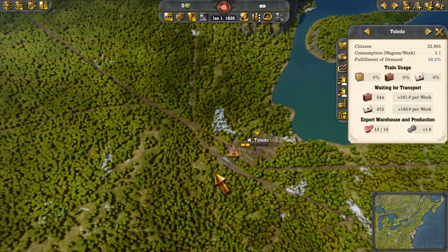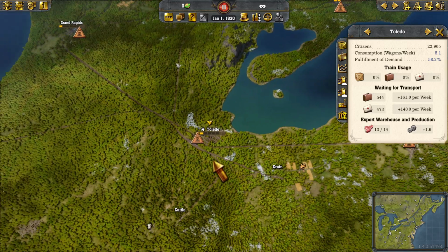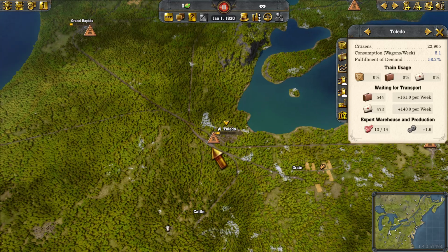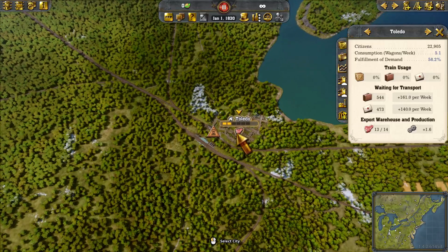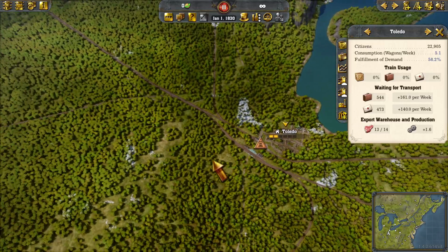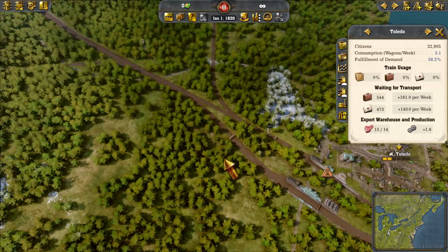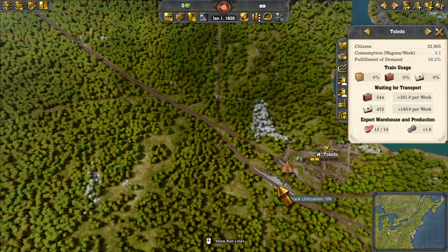So what I would suggest on these lines is to think about it this way: I've got a couple of products going out, one manufactured good, and one product coming back. So the long pole in the tent is the 3 from here. If I had a supply of 3, I would want a frequency of 18. Again, if that's foreign language to you, go watch the videos on how many trains you run and how you optimize your clusters. But I've got a 3 here, so I would want to set up a line,